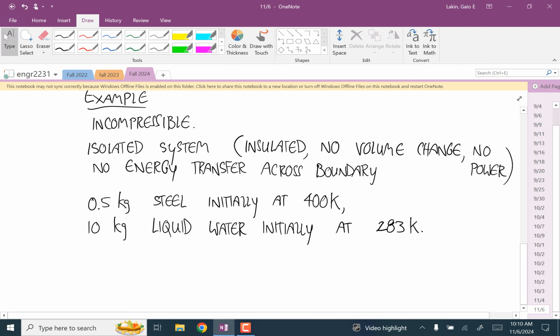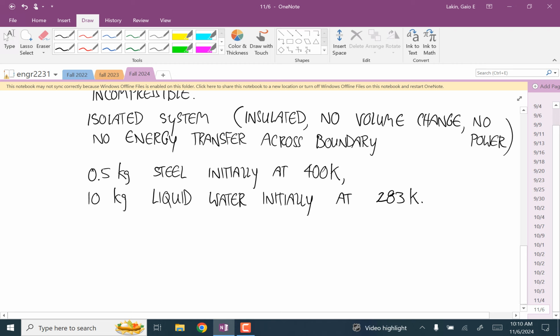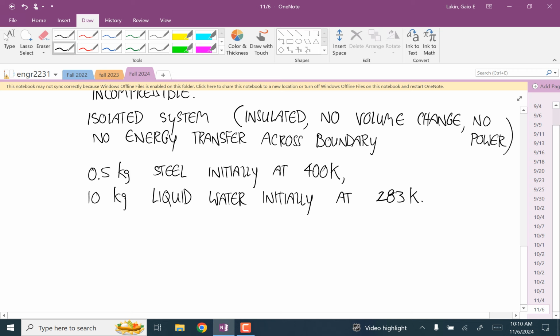And we combine these two things in this insulated container, and we have two questions. We want to calculate the equilibrium temperature of the system. And then second, we're going to use the entropy form of the second law to show that this can only